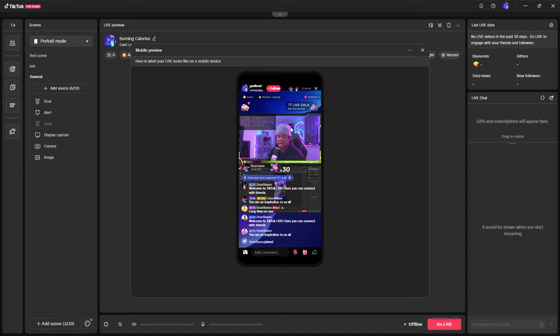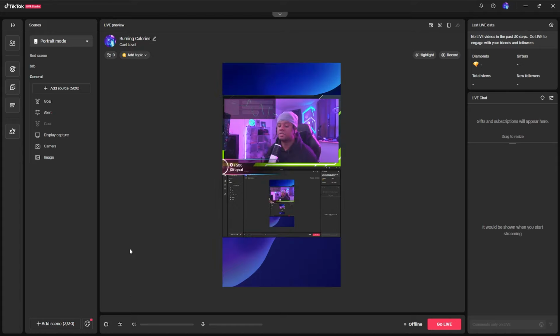You can put the gameplay up top and put the camera at the bottom. But yeah, typically this is what it's going to look like. Anyways, one of the most important aspects of live streaming is the audio. If the audio is nice, then your stream quality doesn't matter. But if it's the opposite, if your audio sucks and your stream quality is great, people are not going to